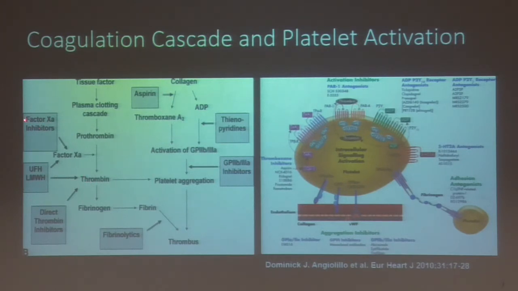Compare the factor 10A inhibitors with the direct thrombin inhibitor. In the clinical trials, you will see a lot of patients probably have more myocardial infarction or stent stenosis in the dabigatran group, the Pradaxa group. It's possibly related to the thrombin being overwhelming and overcoming the direct inhibitor from the medicines. But with the factor 10A inhibitors, more thrombin formation is suppressed, and there might be more benefit for